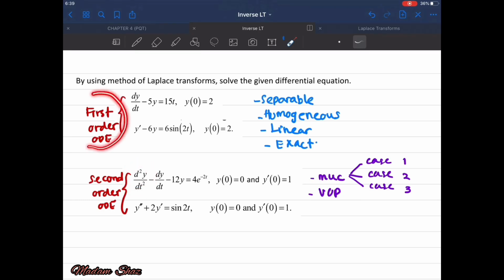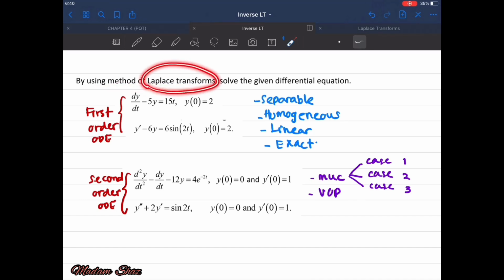For the first order differential equation, you have learned before this, we can solve by using separable, homogeneous, linear and exact. For the second order differential equation, we can solve by using MUC, method of undetermined coefficient, whereby you have to determine whether that question is from case 1, case 2 or case 3. And the second method is by using variation of parameter. But if the question mentions method of Laplace transform,